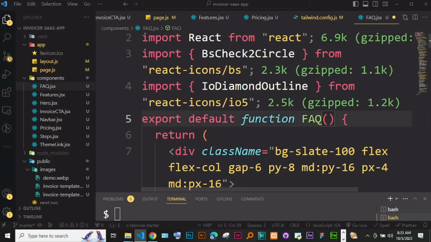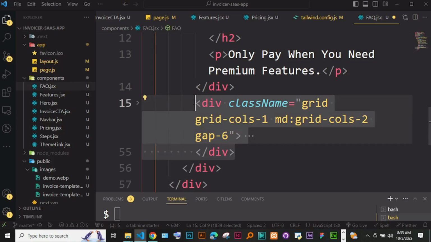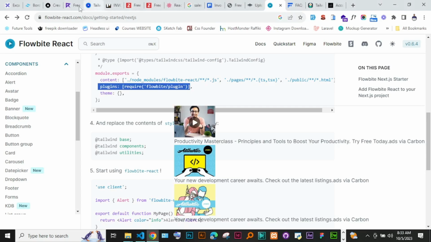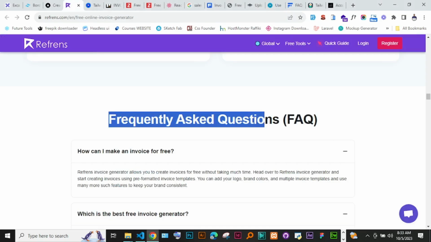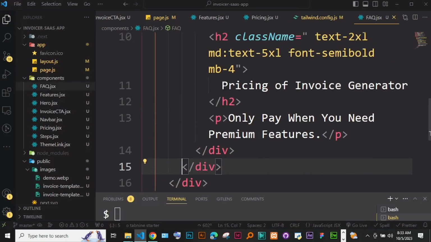And then now we can remove the parts we don't need, more especially starting from this grid. So we don't need this grid. Remove this, and then let's put the heading here. So we have frequently asked questions, just like that. Frequently asked questions. So just plug it here,